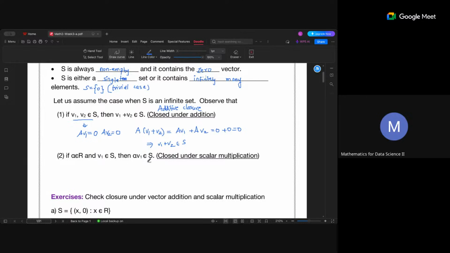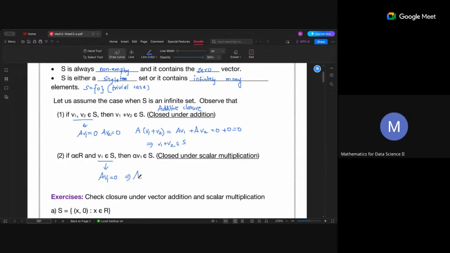Okay. So now let's look at the next scenario. If alpha is a scalar, in the sense that it is a real number, and V1 is some element in S, then what can we say about alpha times V1? So if V1 is in S, what do we already know? If V1 is in S, then we know that AV1 is equal to 0,